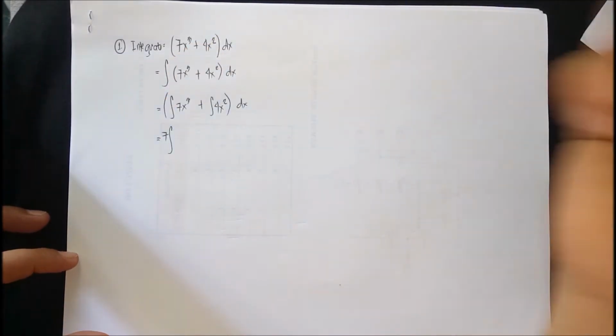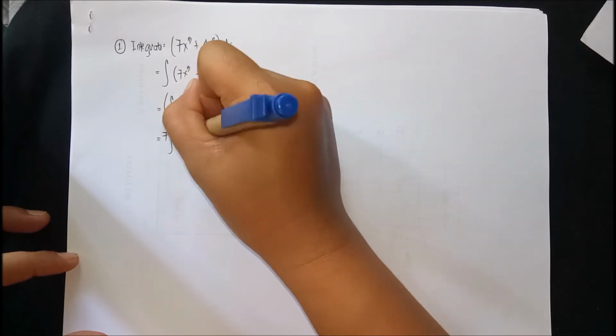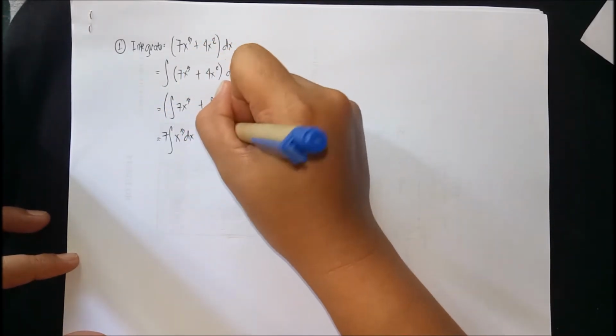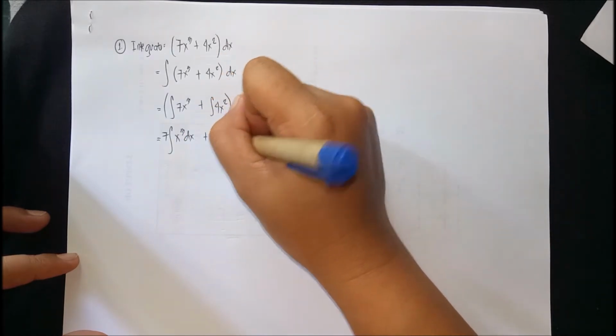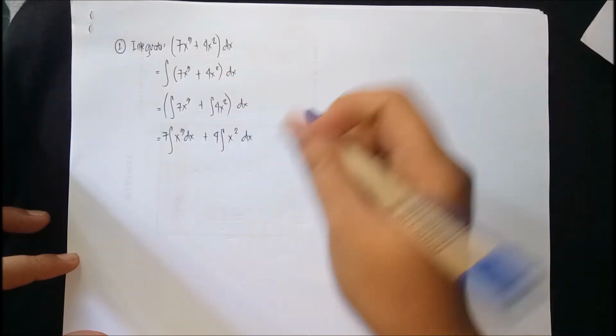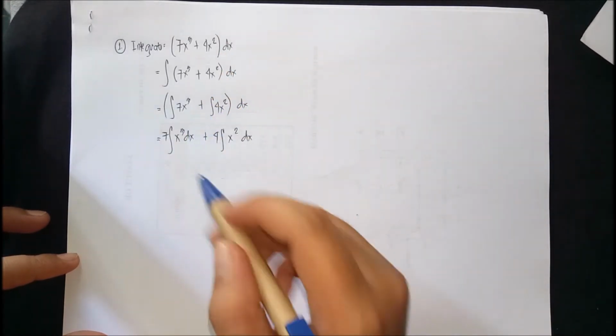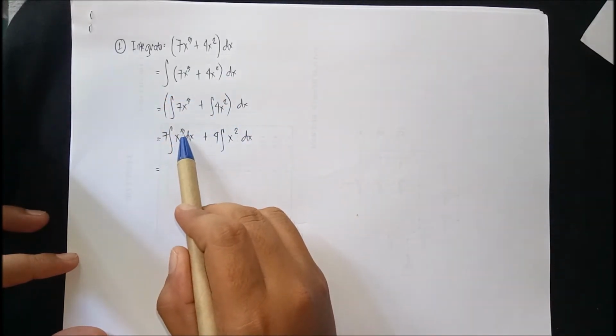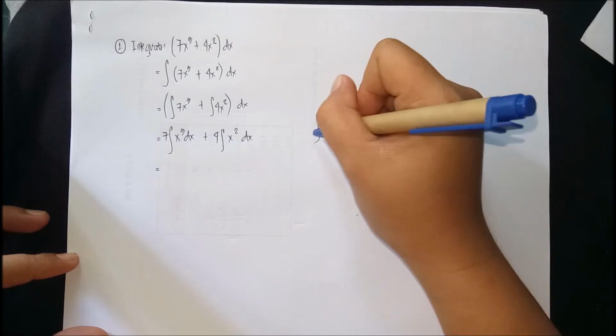Ilalabas ko na yung constant class, integral of x cubed dx, plus, this one, ilalabas ko si constant for the integral of x squared dx. Then, distribute ko si dx class. Okay. Now, our u here is x, diba? Yung n natin, anong sabi dun? The integral of